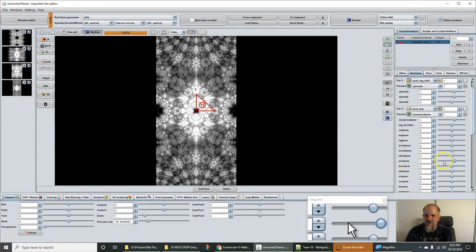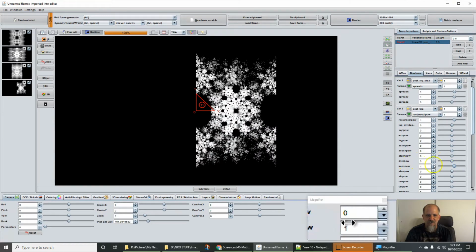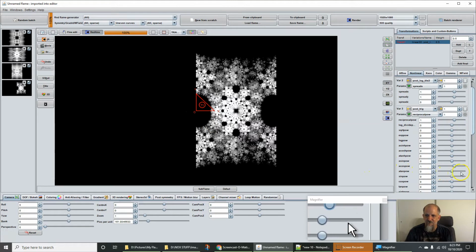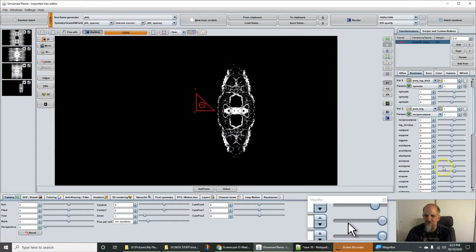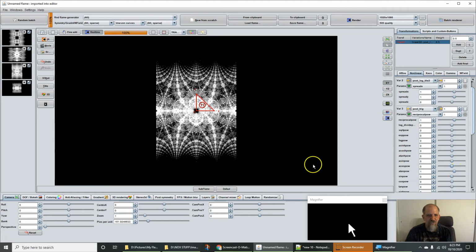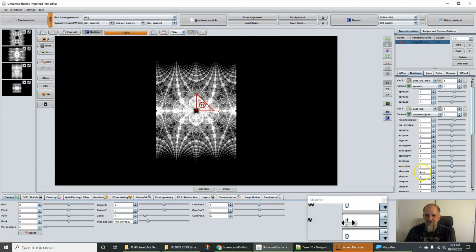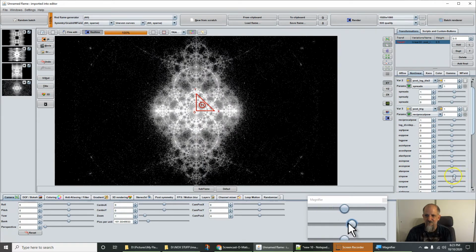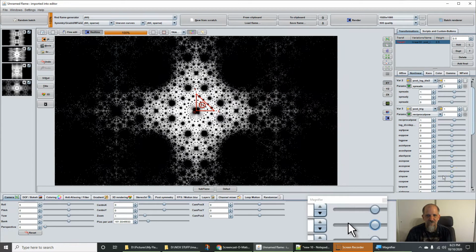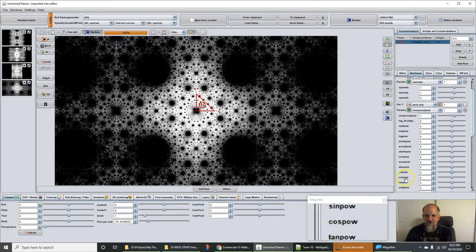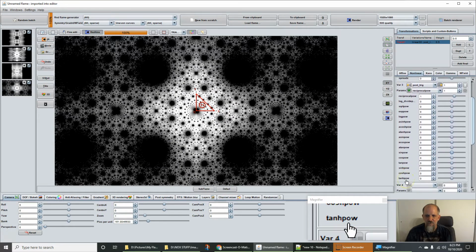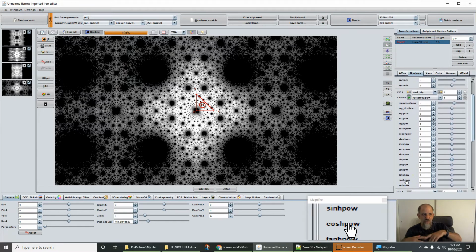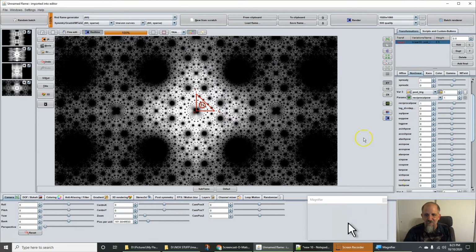The sine h power, a cos, a tan power, these really don't work in regards to using them with elliptic and bipolar. And